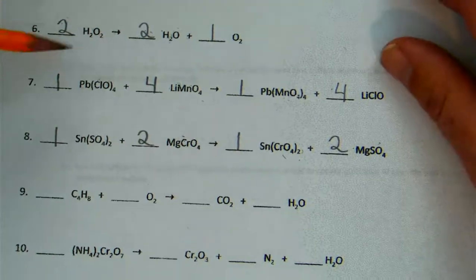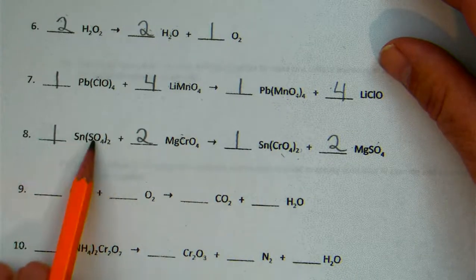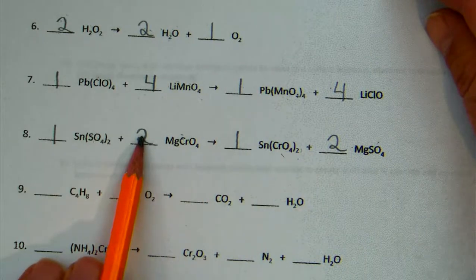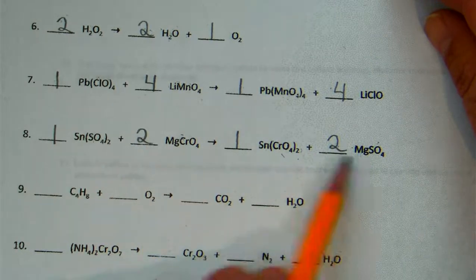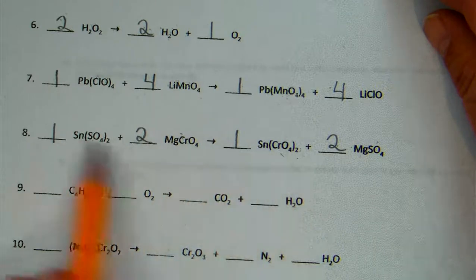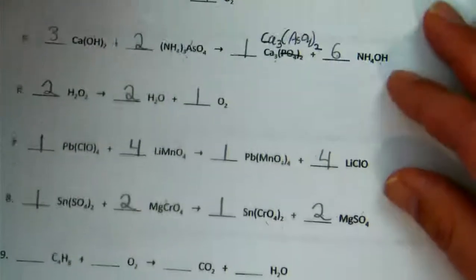Let's do a final check. 1 tin to 1 tin. 2 sulfates to 2 sulfates. 2 magnesiums to 2 magnesiums. 2 chromates to 2 chromates. Number 8 is balanced. Coefficients 1, 2 yields 1, 2. Number 9